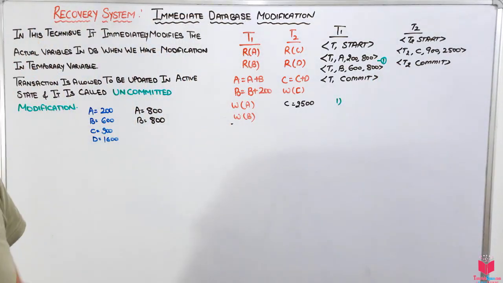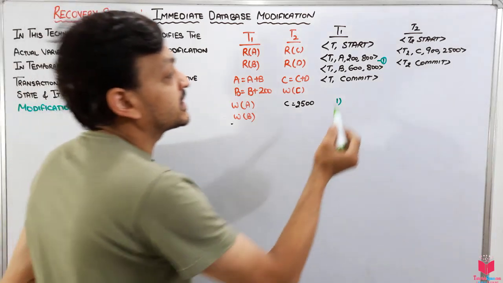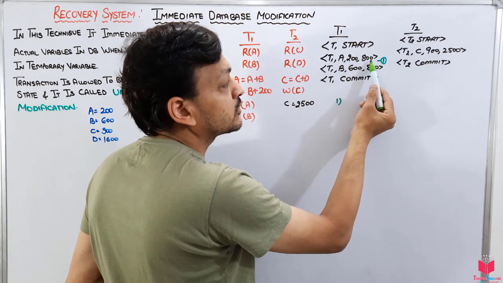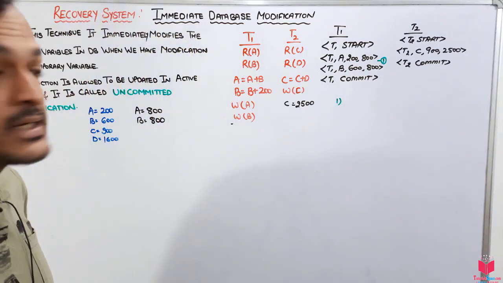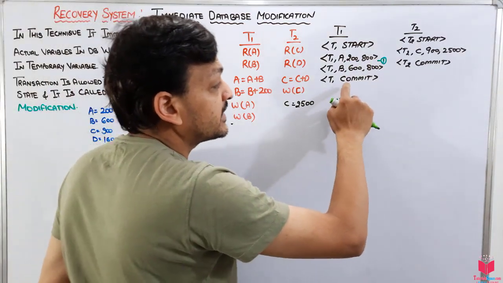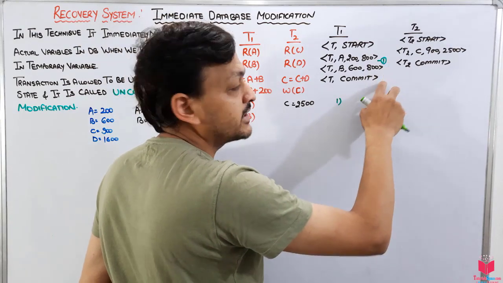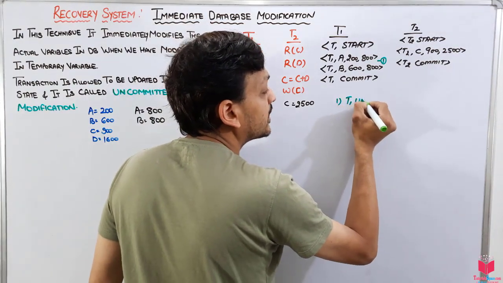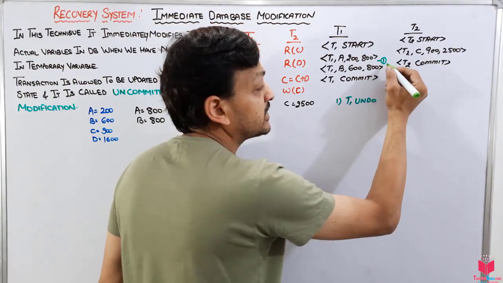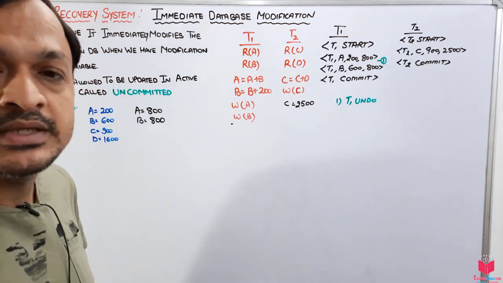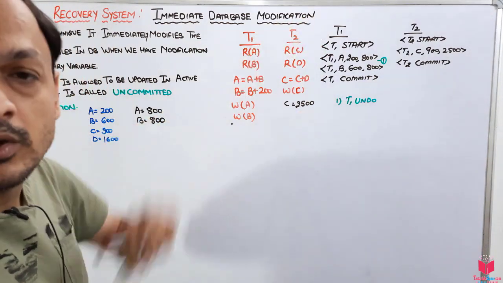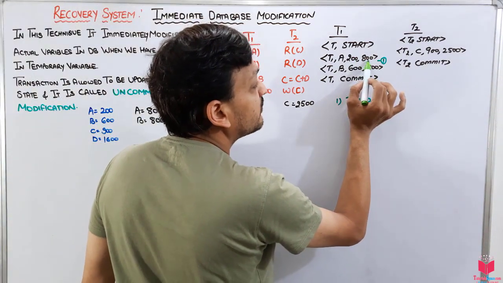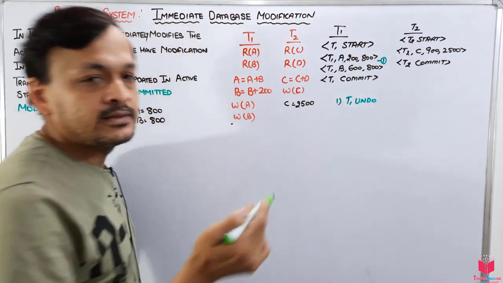At this point we have a failure, that means T1 has already updated the value of A from 200 to 800 in the database, but there is a failure. That means there is no commit right now, so we have to go for the T1 undo. We will undo T1, since it actually updated the value of A in the database. So we'll refer to the log record and transfer the value from this to this. That means the updated value will be removed and the previous value will be there in the database.